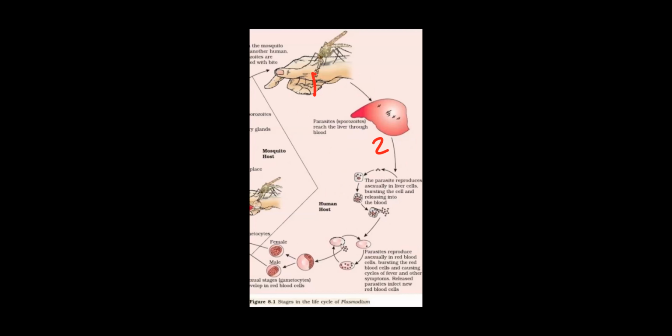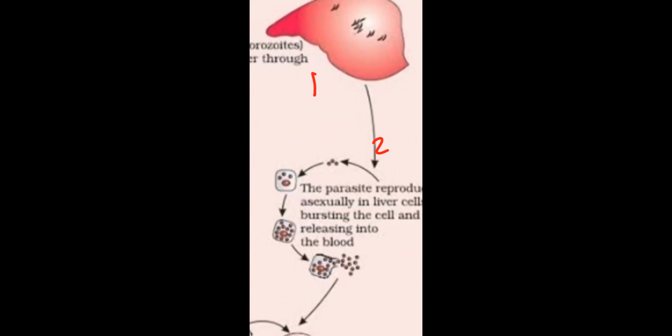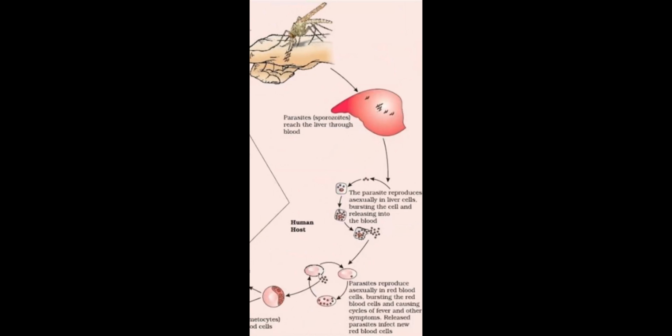There is one entire cycle that you need to understand: the sporozoite stage enters the liver cell. They eat the stored food and then multiply themselves over here. And when they increase their number, they burst open the liver cell and come out of it. When they come out, there are two possibilities. Again, they may repeat their cycle to increase their number. And if the number is sufficient, then they come out in the bloodstream.